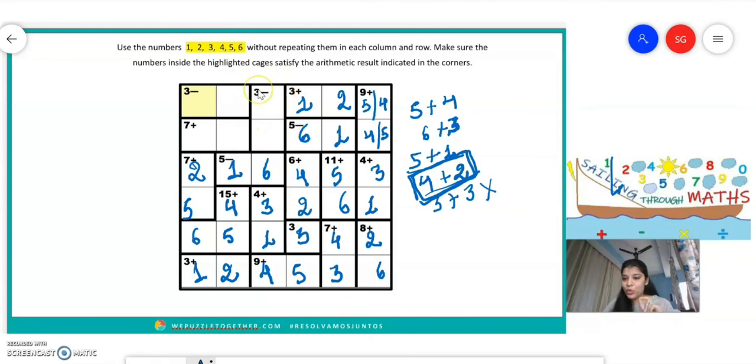Now see, here I have to find out the two numbers, right? Just see this, the two numbers whose difference is equal to 3. Now see, 1, 3, 6 and 4 are already used here. So the only numbers which can come here in the third column are 5 and 2. And we can also see the difference of 5 and 2 is equal to 3.